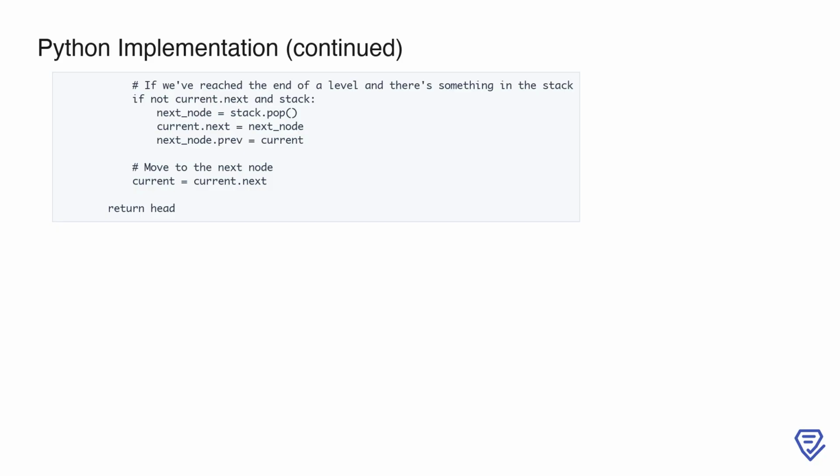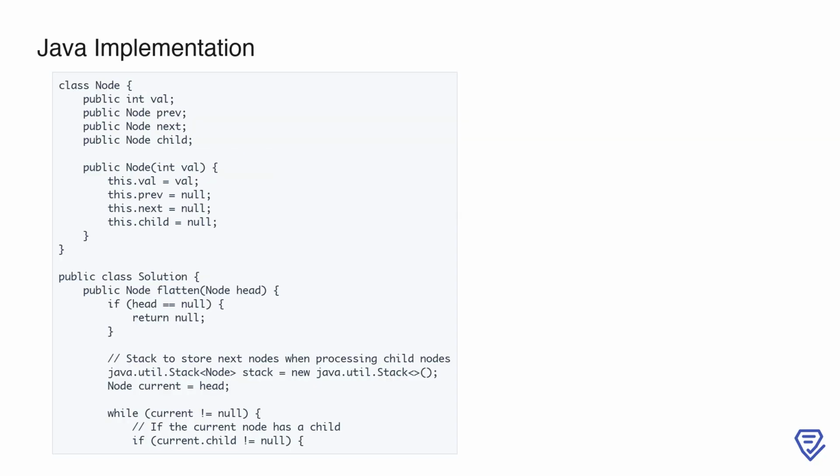This loop continues until all levels of the list are processed, and the stack is empty. Finally, we return the head of the flattened list, which now represents a single-level doubly linked list with all the nodes connected sequentially. Here, we start by defining the node class, which represents each node in our multilevel doubly linked